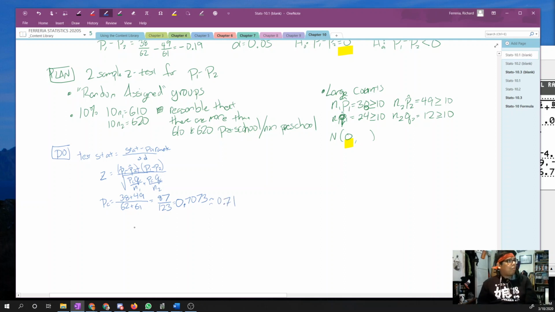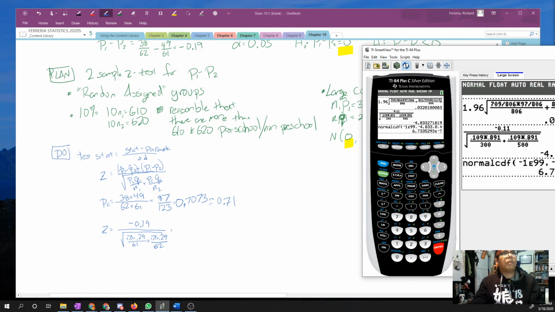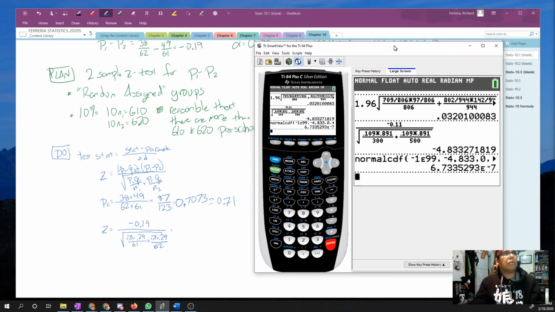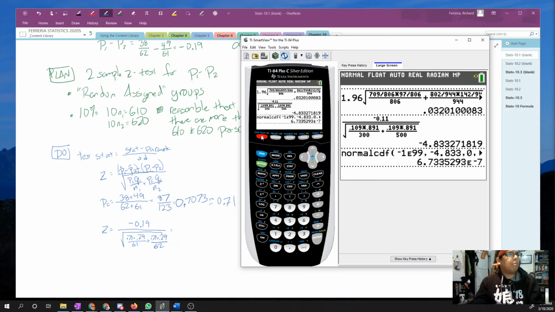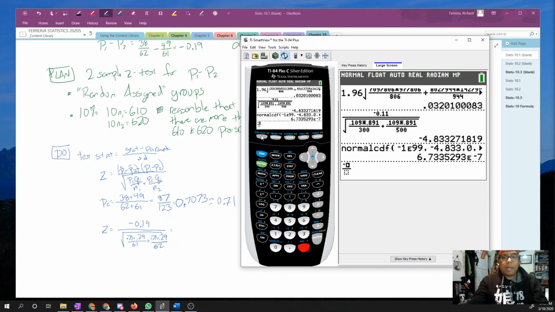Okay, now substituting our numbers in, and we already calculated this, this is going to be negative 0.19 divided by the square root of 0.71 times 0.29 divided by 61 plus 0.71 times 0.29 divided by 62. Okay, let's put all of that in our calculator. So negative 0.19 divided by